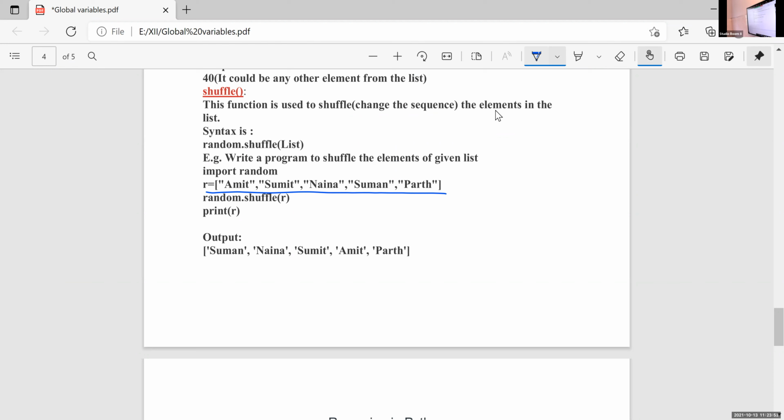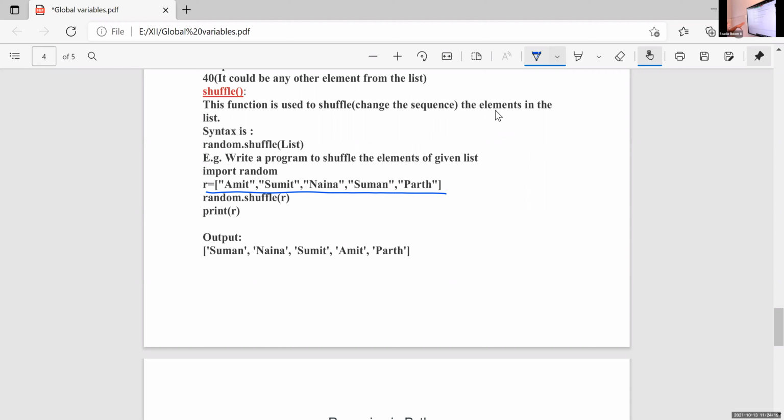So any doubt related with this random module? Learn one example for each built-in function. Then you can answer all the questions related with this topic.